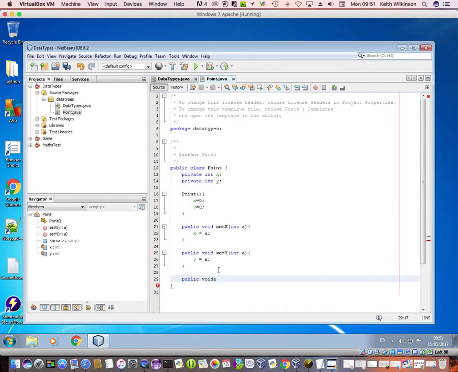void set x, y, and take in two variables, integer a and integer b, and from that I can then set my variables. Now the reason why we're using methods is that we can actually put some checks into here,